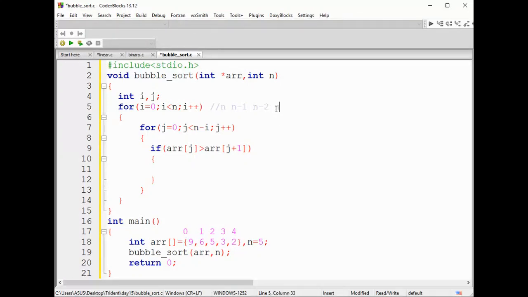At the next iteration, n minus 3, which is 2. At the third iteration, you can find the last 3 elements will be sorted. So it is not required to go till n. It is sufficient to stop till n minus 1. So I mentioned this one here. So here, looking at your i loop, you are supposed to optimize still more.